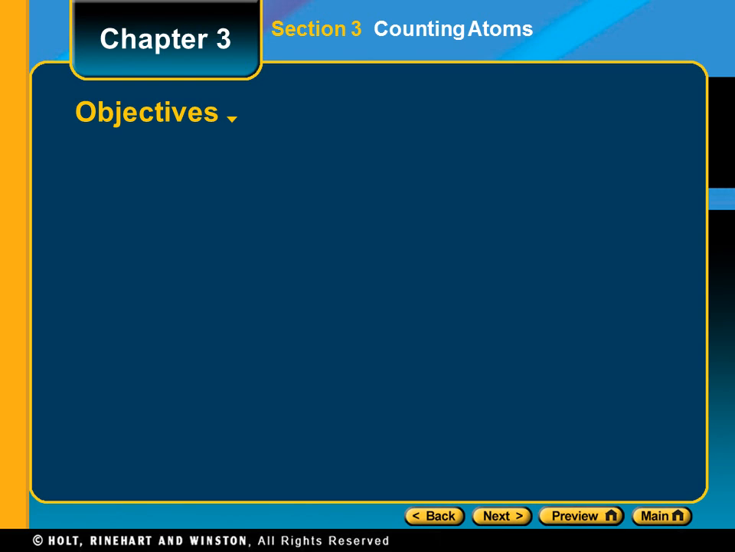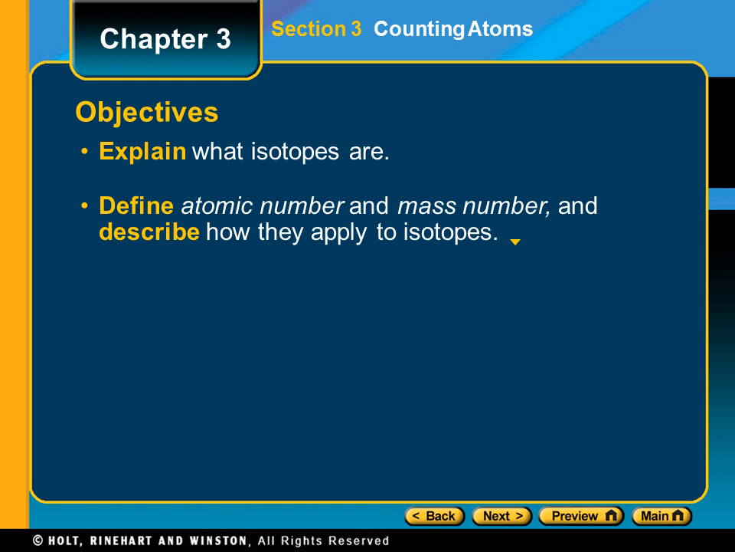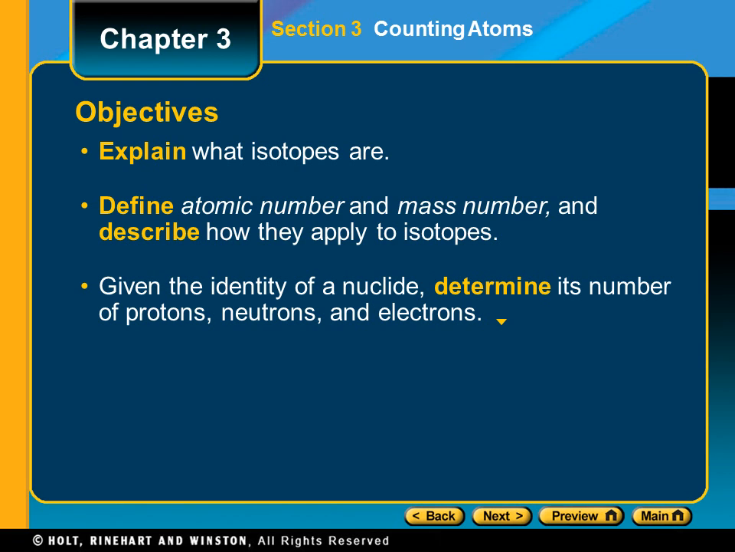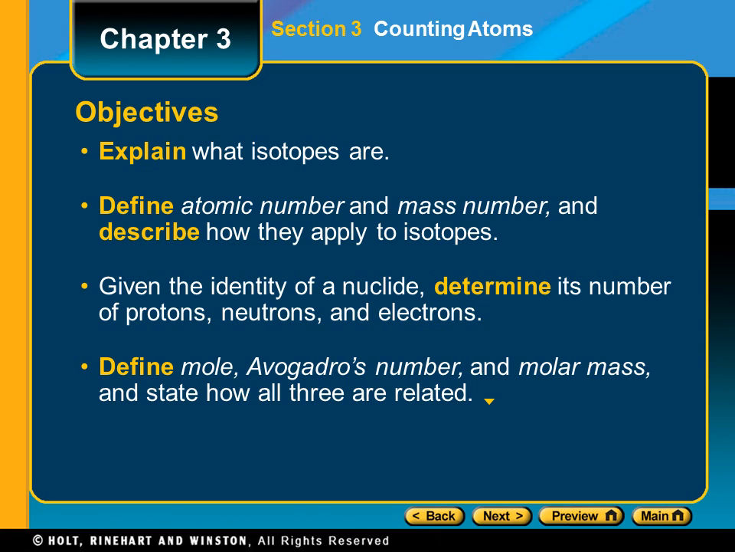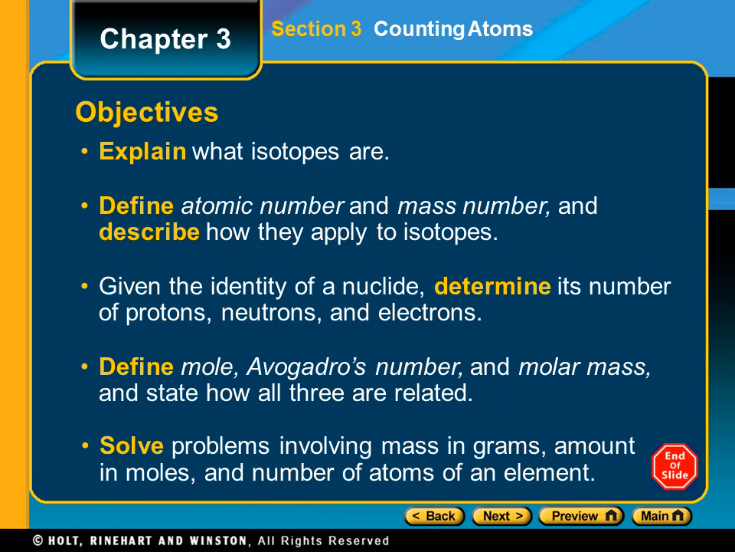All right, guys, now we are going to look at the third section of the chapter. We're going to talk about isotopes and be able to define and explain what isotopes are, define atomic number and mass number, describe how they apply to isotopes, give the identity of a nuclide, determine its number of protons, neutrons, and electrons, and define mole, Avogadro's number, and molar mass, state how all three are related, and solve problems involving mass in grams, amount in moles, and number of atoms of an element. In this section,